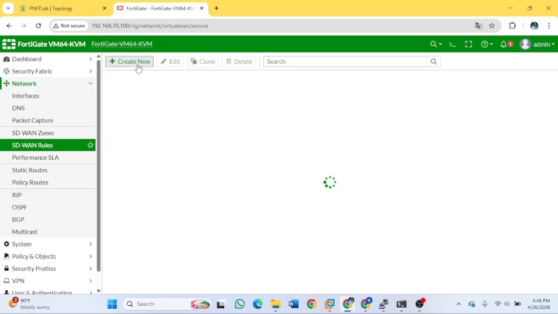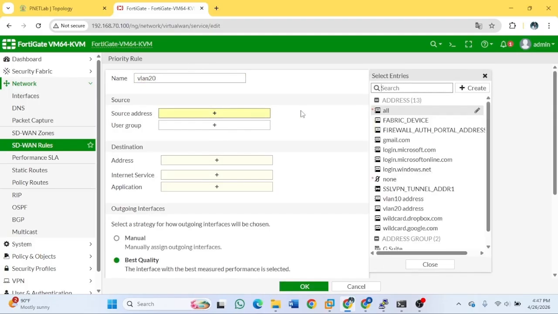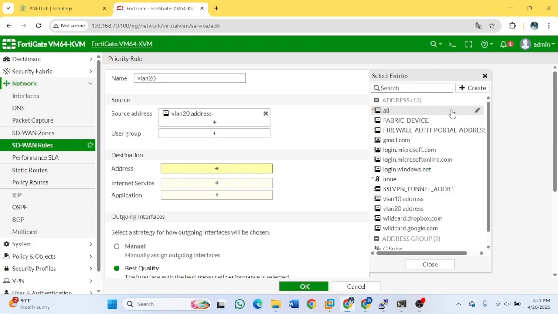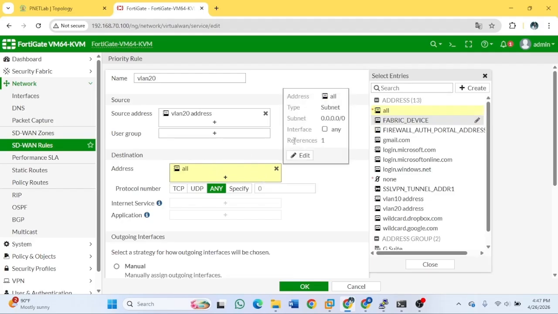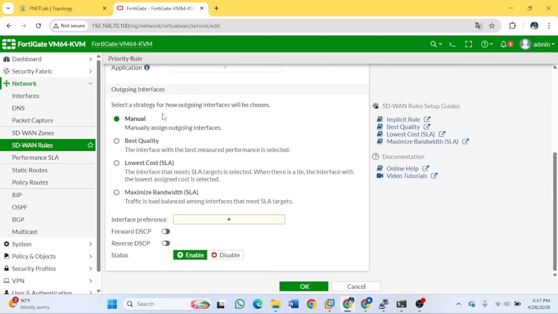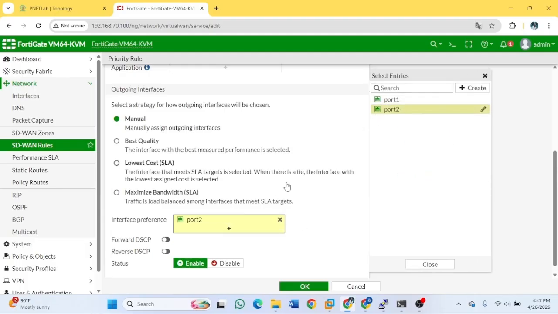And create a new one for VLAN 20, the same as VLAN 10 but different. The address is VLAN 20 and the IP address is all, and the outgoing interface is manual, and the interface preference is port 2, and then click OK.